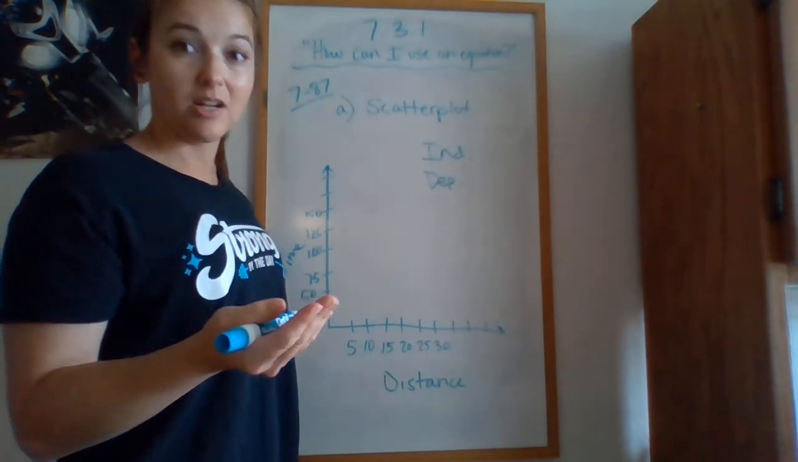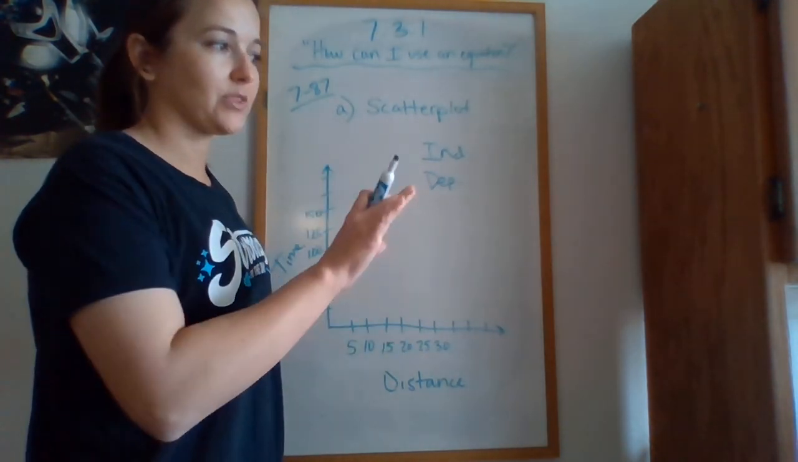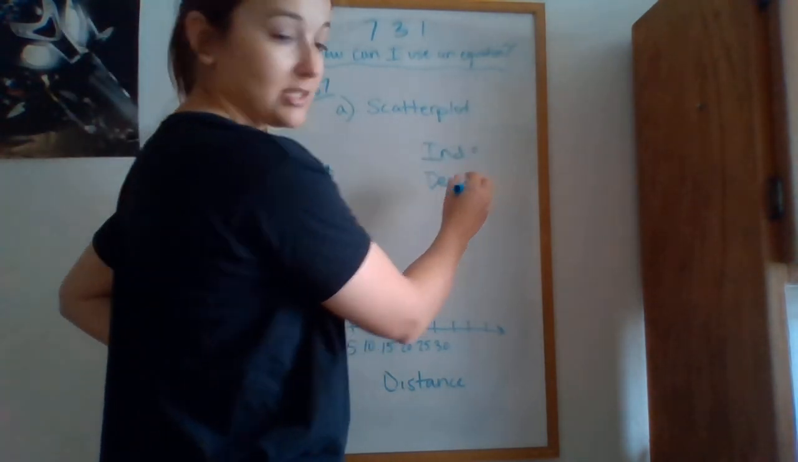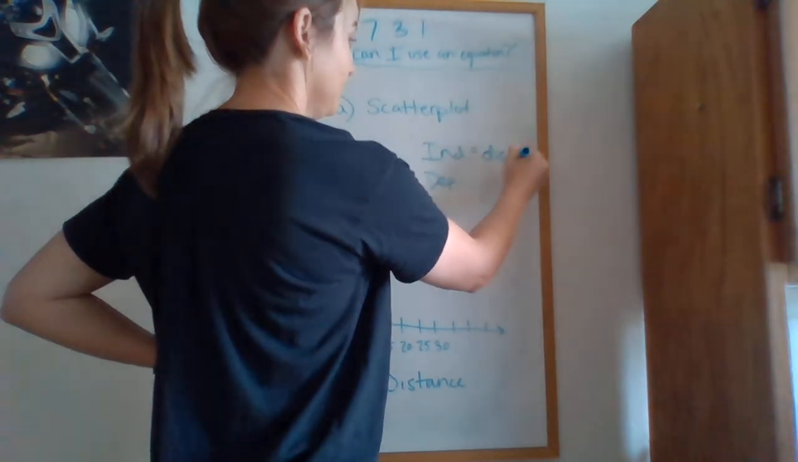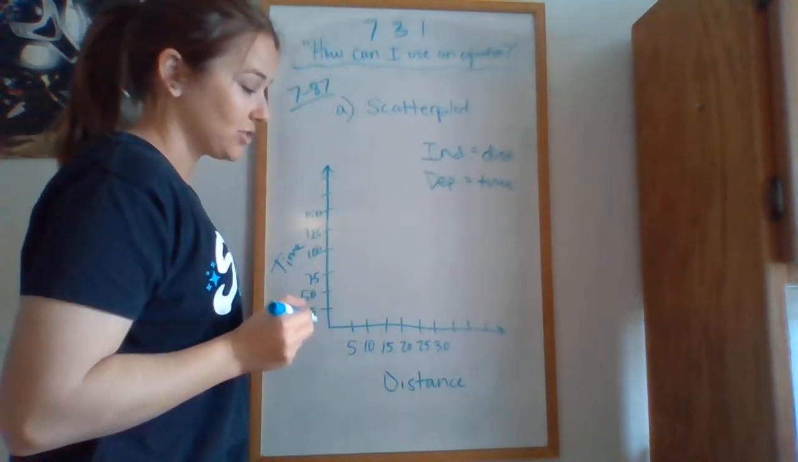have no idea what her time could be. The problem didn't tell us, and the time is depending on the distance. So our independent is the distance, and our dependent is the time. So that means,